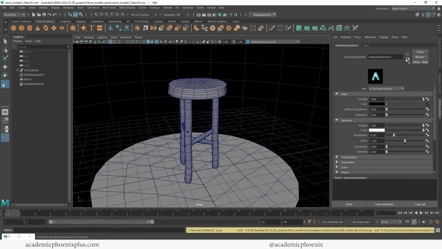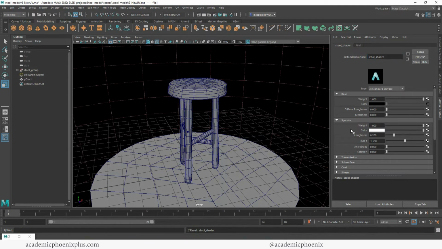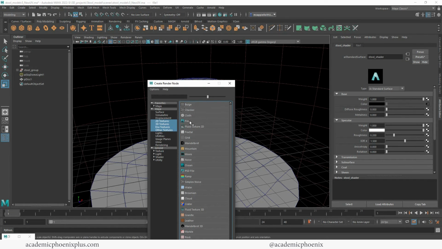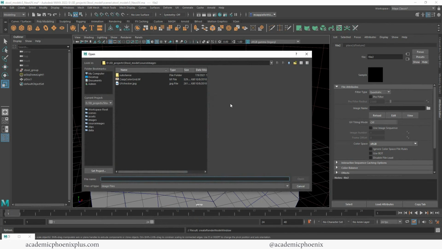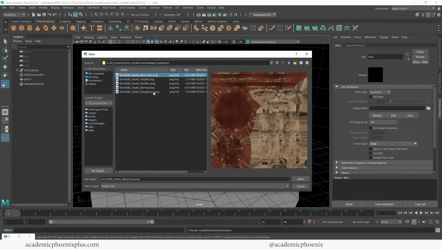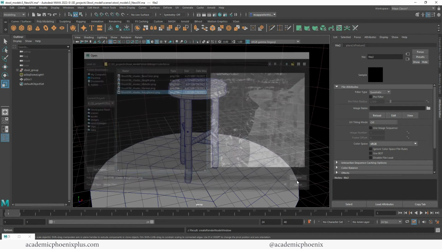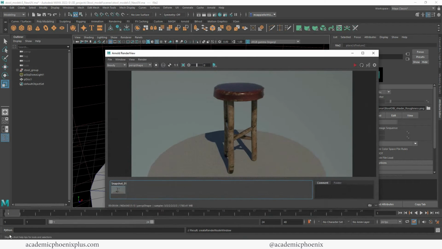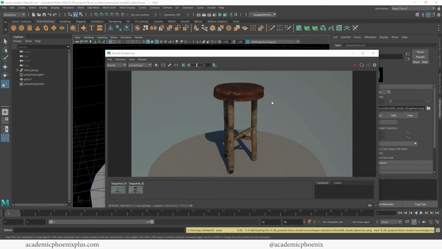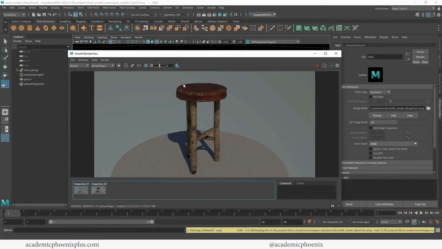Let's hop one back by clicking on this connection, which takes you back to the connection. I'm going to call this Stool Shader just because I'm here. And let's go to Roughness. Click on this little guy, File, Folder, Roughness, and Render. So you can see that it's missing some specularity, and I did not take a snapshot of the